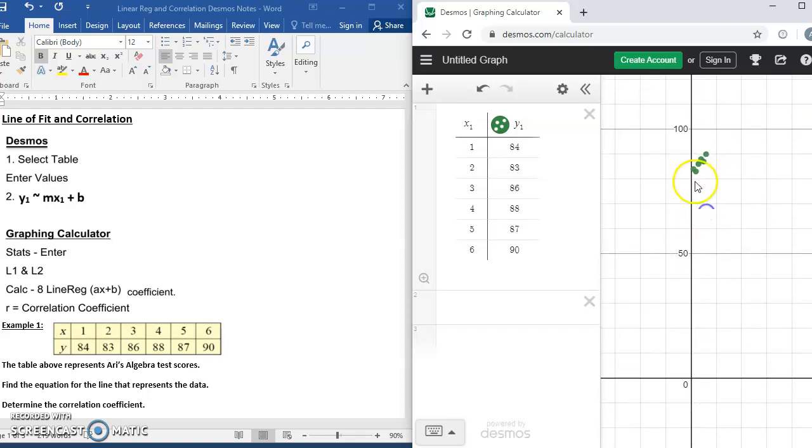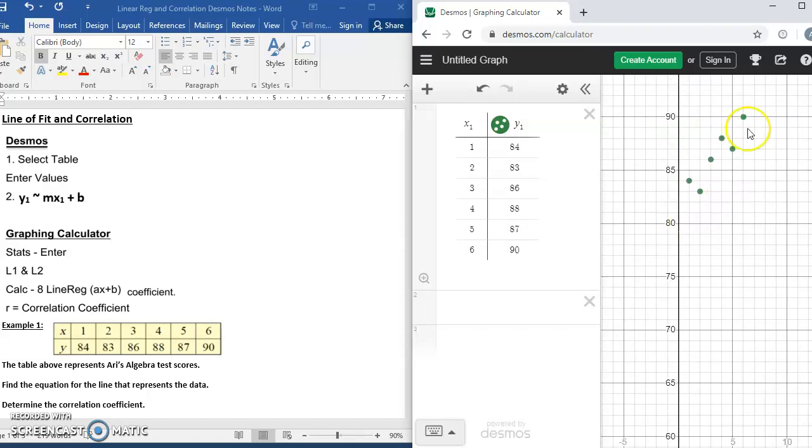If we look at these points here, we can see that when graphed, we have something that looks to have a relationship for which we could sketch a line of best fit. We want an approximate line of best fit that Desmos is going to help us to find. So in order to do that, we are going to enter this